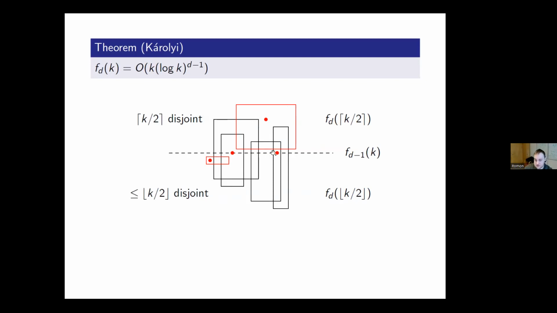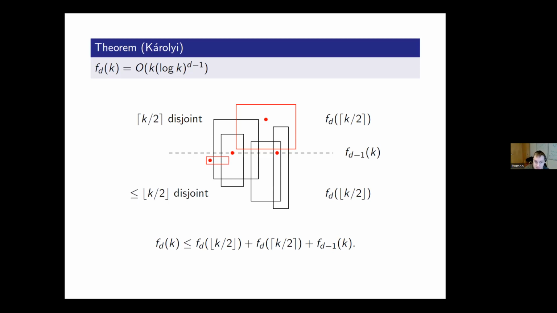So as you know that there are no more than k disjoint boxes, it is enough to use at most (d-1) k points to pierce all these boxes that intersect this hyperplane. So in conclusion, you get the following kind of recursion inequality for f_d(k). f_d(k) is at most f_d(k/2) plus f_d(k/2) plus f_{d-1}(k). And now using that we know that f_1(k) is k, you can show that the best function that satisfies this recursion is this function, and this is the whole proof.